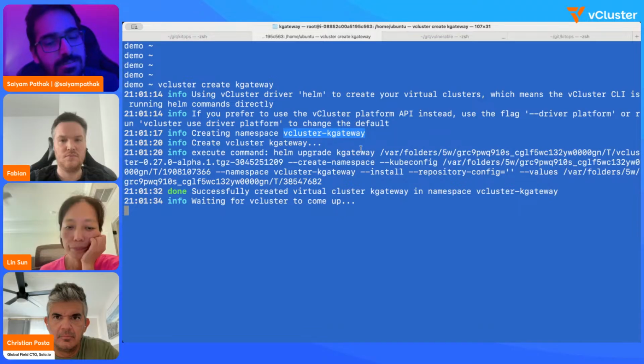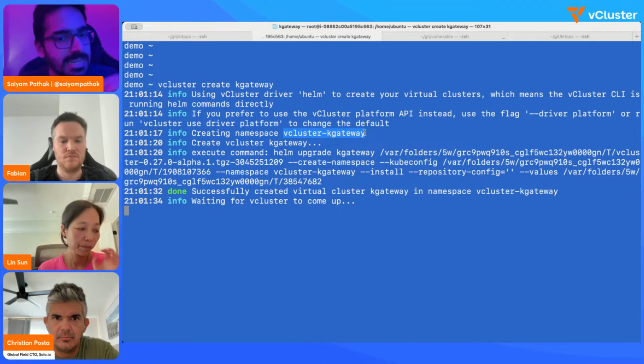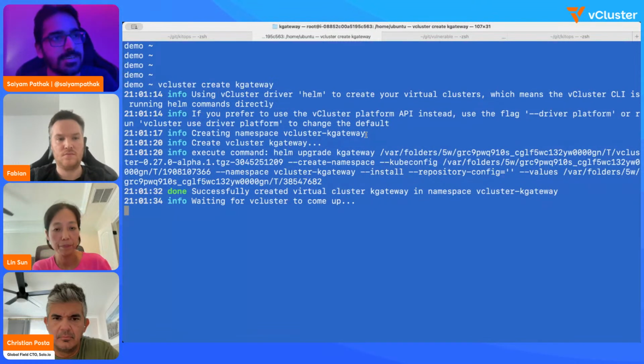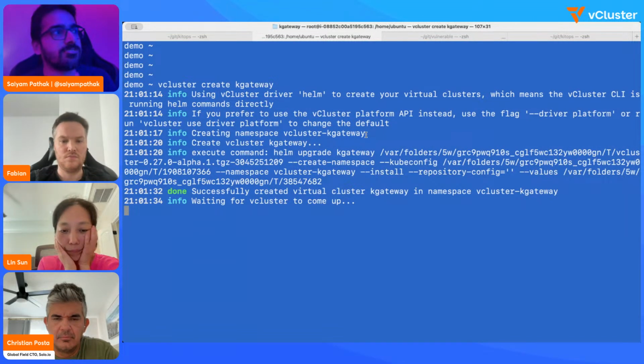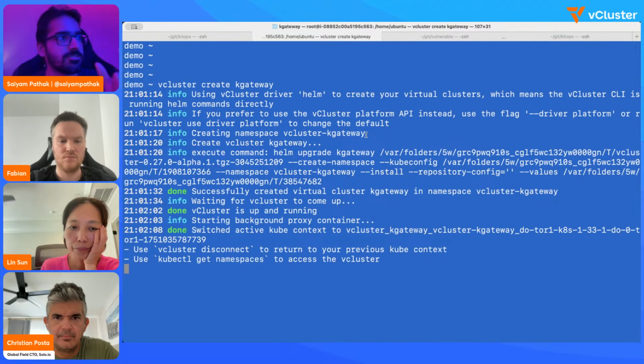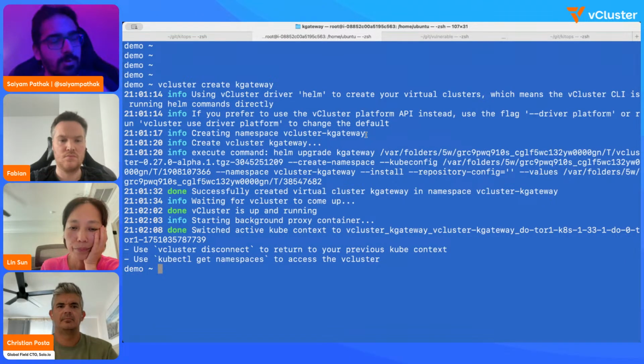What will happen now is that in this namespace, a stateful set will be spun up. That stateful set has a pod, which is the control plane of this virtual cluster. Correct me if I'm wrong, Fabian. Right now it is a single process that runs the control plane, right? It has all the components we define, like the controller manager, embedded SQLite, and the syncer component. Everything is very lightweight and runs as a single pod.